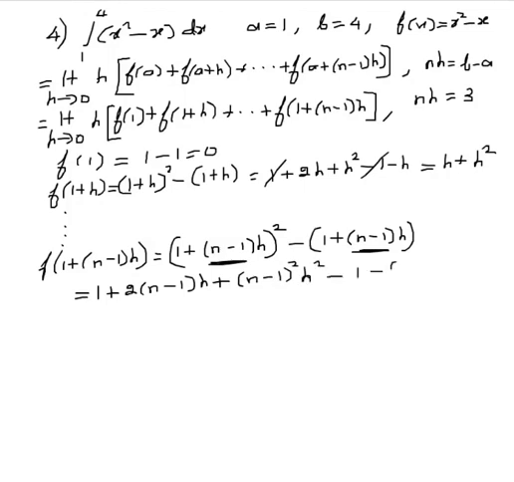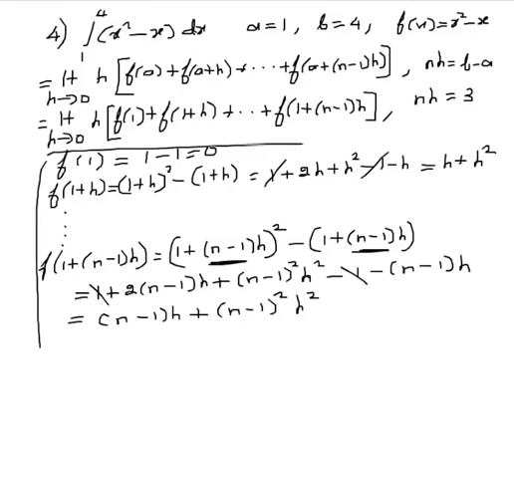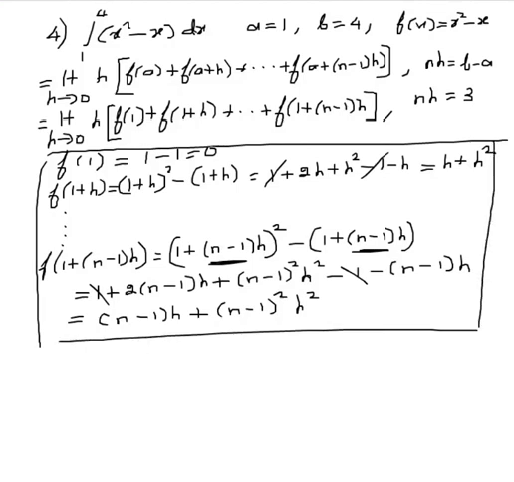Distribute this negative sign. We get this expression. Let us simplify. N minus 1 h plus n minus 1 the whole square h square. We have to add these expressions and substitute in the formula. Therefore, integral 1 to 4 x square minus x dx is equal to limit h tending to 0 of h times